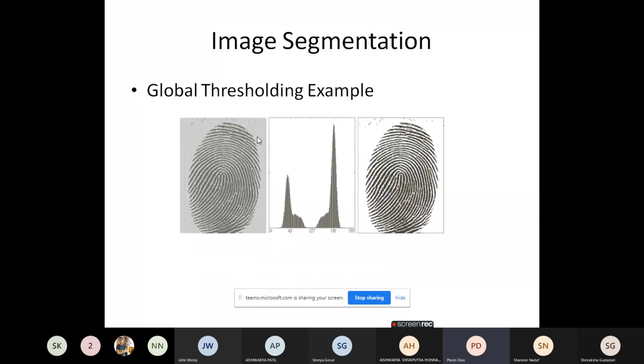So here the threshold was considered as 125.4, or roughly 125, to segment the original image, and you can start by considering delta T as 0. Okay,